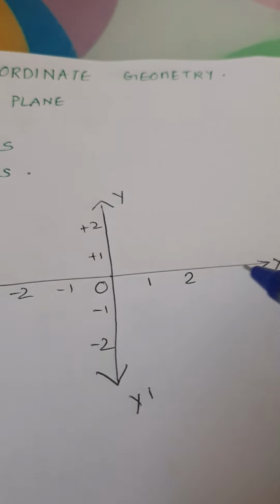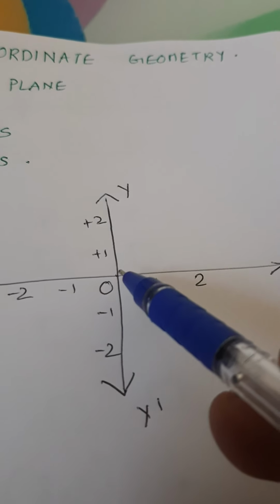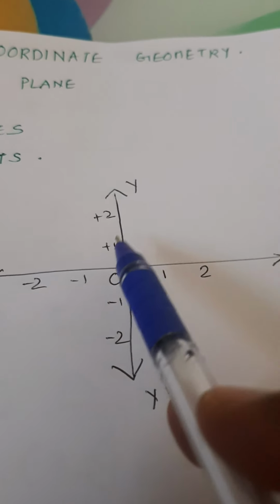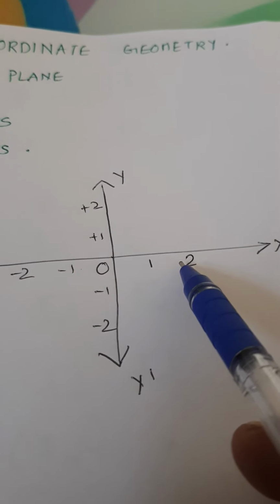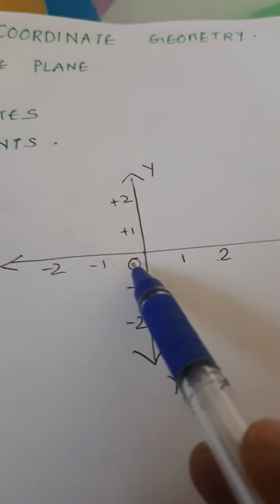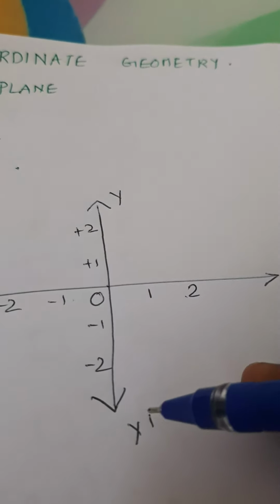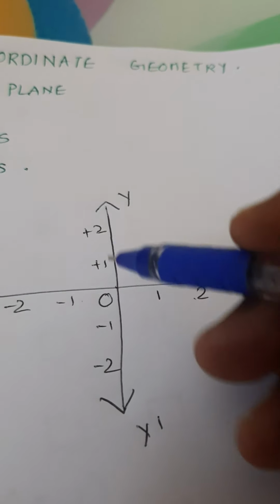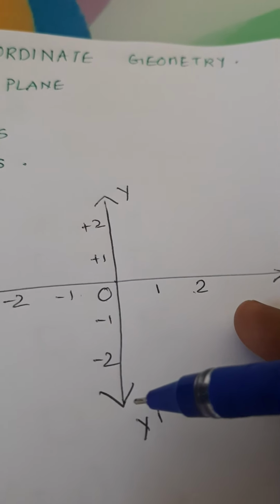Now, these two axes intersect each other at a point which is known as the origin, and the origin is taken as the reference point. On the x-axis, all the values to the right of the origin are the positive values, marked at equal intervals just like a simple number line, and all the values to the left of it are negative values. And what about the y-axis? For the y-axis, all the values above the origin are the positive values marked at equal intervals, and those below the origin are the negative values.